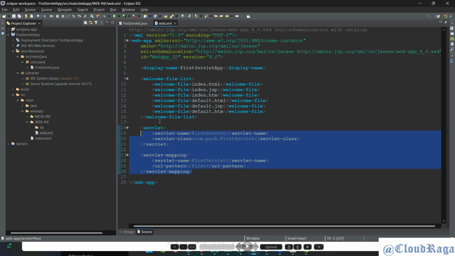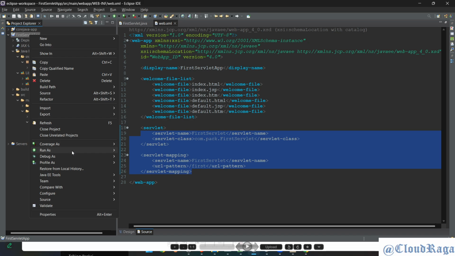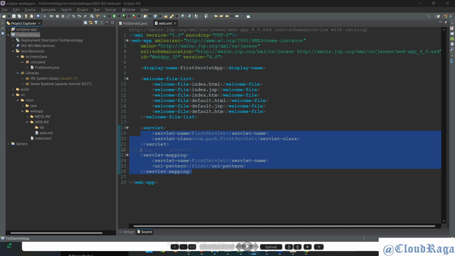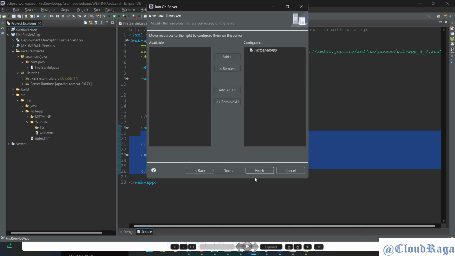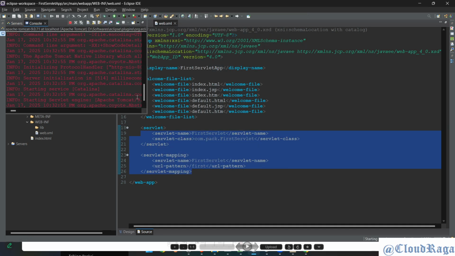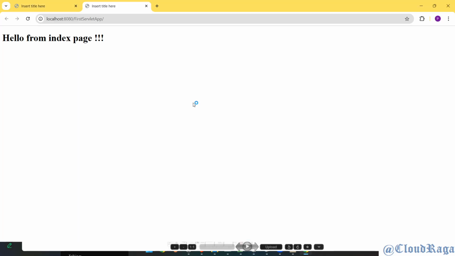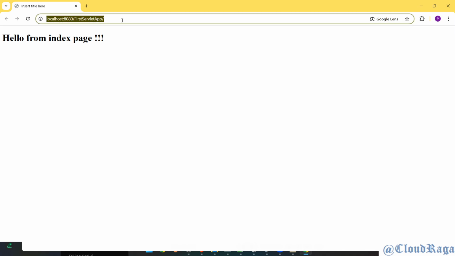Okay, looks fine to me. If nothing goes wrong, this should work. So right click on the project, run as, and run on server again. Yes, that's the server. Next, the project is there already. Finish. Okay, so this is here. Nice. Now we need to verify, is it responding when I type